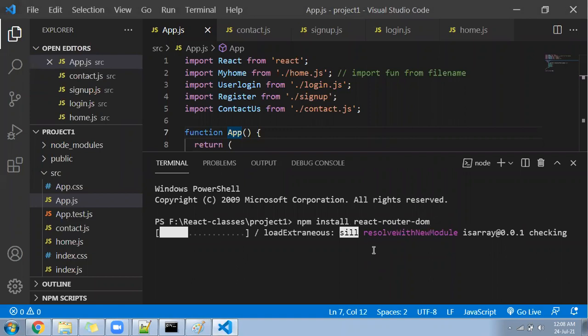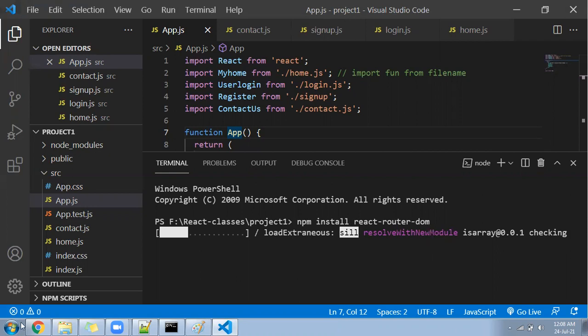Once the installation is done, we will design a navigation, and after designing the navigation, we will apply some kind of linking. So when we click on Home, it will display the home page. When we click on Contact, it will display the contact page. When we click Login, the login page will come. When we click on Sign Up, the sign up page will come.